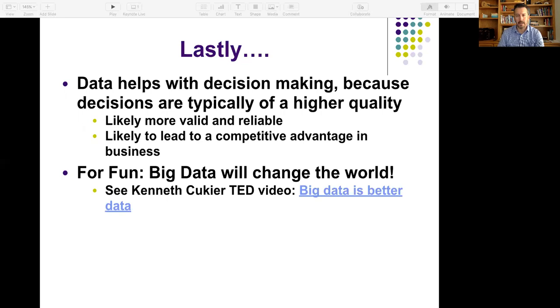And it's not just for-profit companies that are doing this. The World Health Organization and NGOs, nonprofits can use big data to help them make the best decisions they can to help people in the world today. So if you're interested in big data, if you like this course and you want to go further,